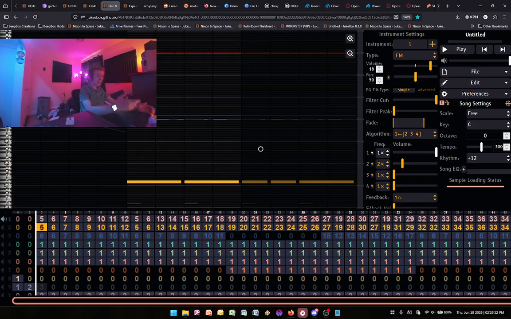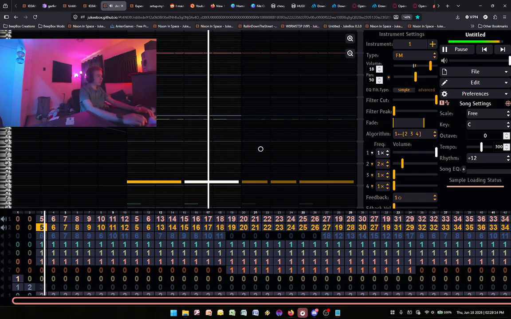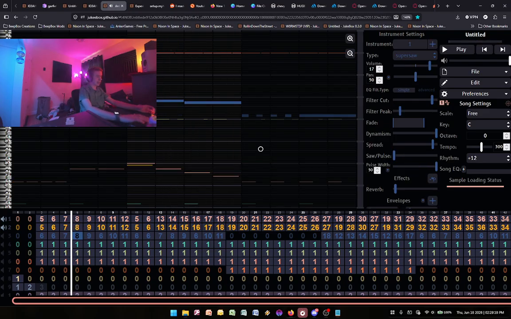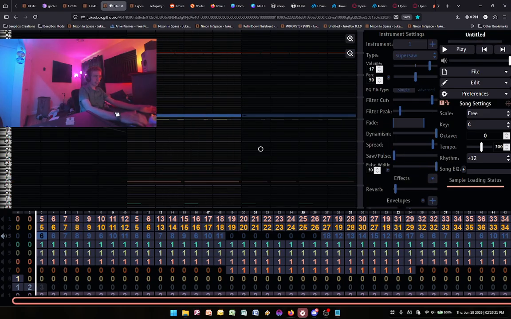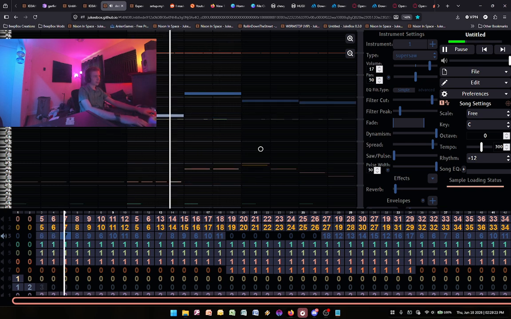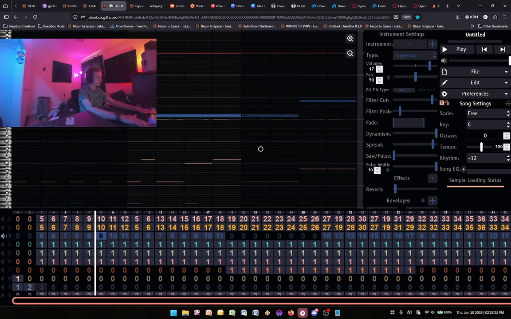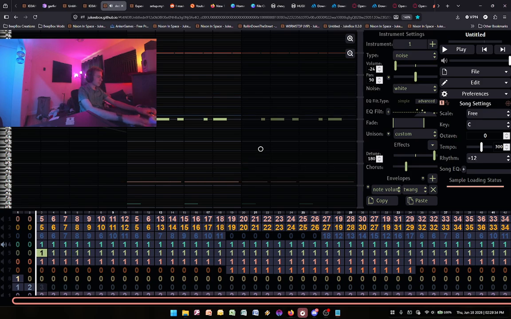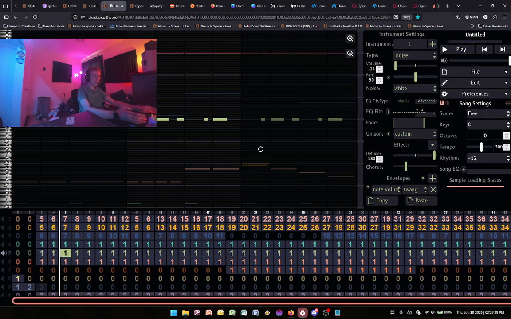And obviously, here we have the bass line. It's just the isolated bass of that channel. And then you got your super saw, which is just going to be our melody. Your kick drum. Your hi-hat, which sounds a little bit loud in my opinion, but I can't turn it down anymore. I guess I could use modulation to turn it down, but I'm lazy, and I'm not going to do that